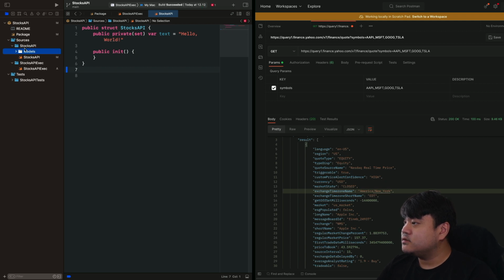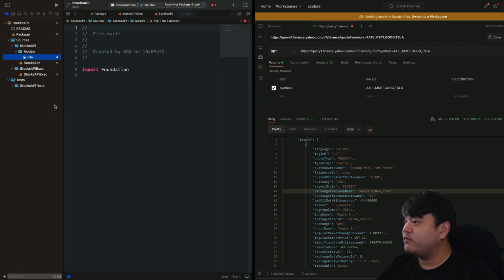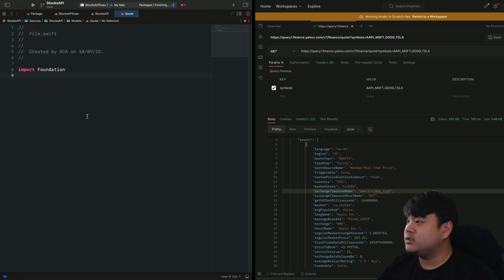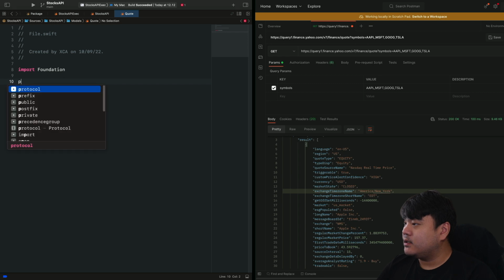Inside this Models folder, create a new Swift file, name it Quote.swift. Okay, let me close the project navigator, command 0, and let's begin by declaring a public struct Quote